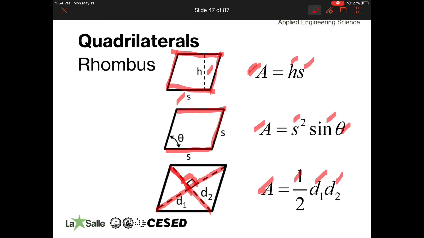So again, area is H times S when the side length and height are given. Area is S squared sine theta when the side length and the angle are given. And this one, 1/2 D sub 1 times D sub 2, when the two diagonal lengths are given, provided that